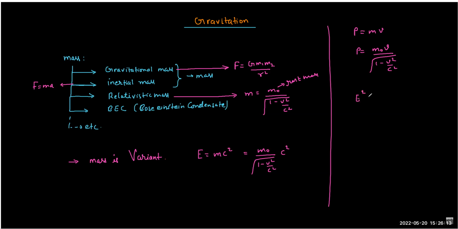So the value of E square will be m naught square c to the fourth upon 1 minus v square by c square, and the value of p square itself is m naught square v square upon 1 minus v square by c square, and therefore the value of p square and c square, if you want to write,